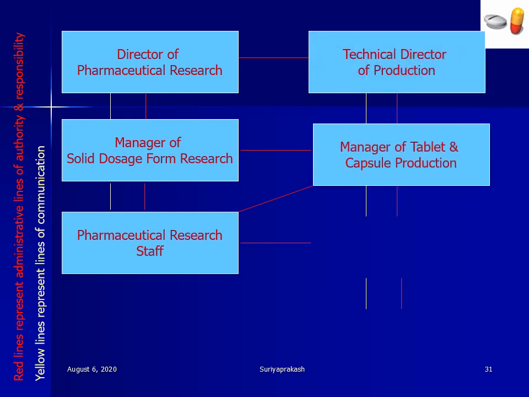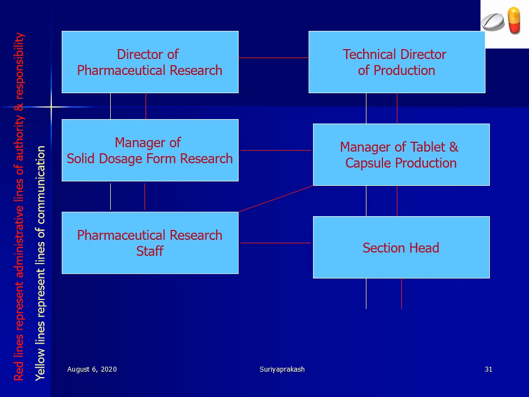This is production area. In any pharmaceutical organization, three major departments are there. One is the research department, another is the production department, another is the quality assurance department. So here now quality assurance has not come inside. Right now we are having the R&D department and production department. So under production department only manufacturing is going on. Under R&D department only newer things research work is going on.